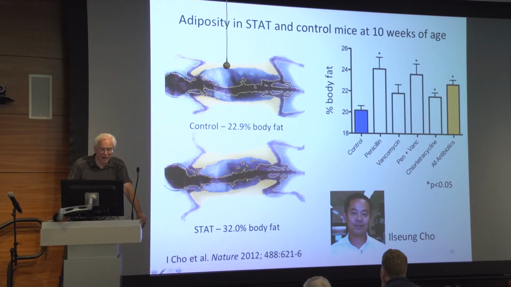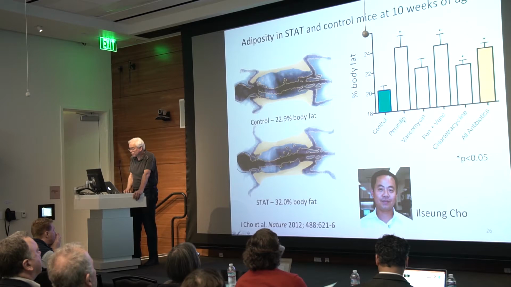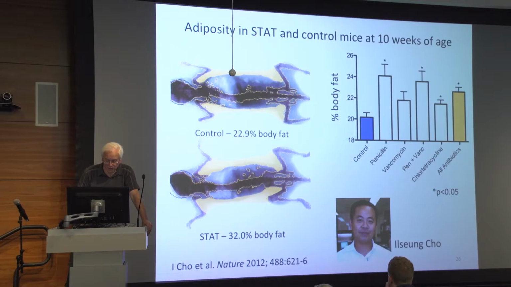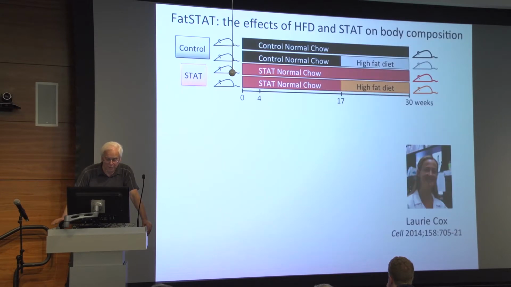Here we're looking at the adiposity of mice given antibiotics. Il-Sung used 4 different antibiotic regimens at the midpoint of the FDA-approved level on the farm, or no antibiotics. Here we're looking at percent body fat. We can see these illustrations. He found that giving the mice antibiotics increased body fat. This was our first evidence that antibiotics would affect body composition. And Il-Sung went on to show many other things, but I'm going to move ahead to the next experiment